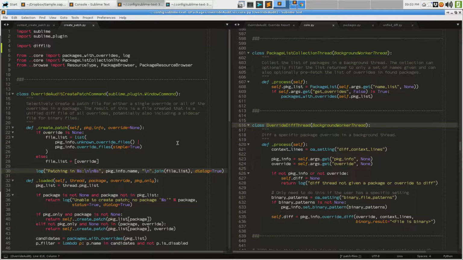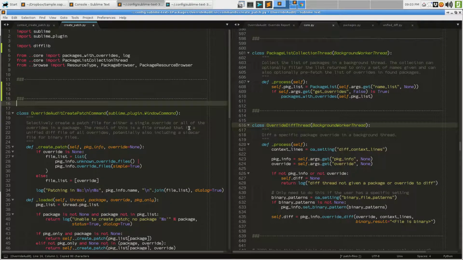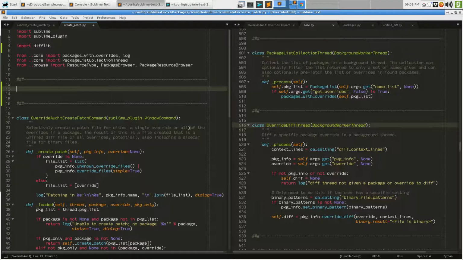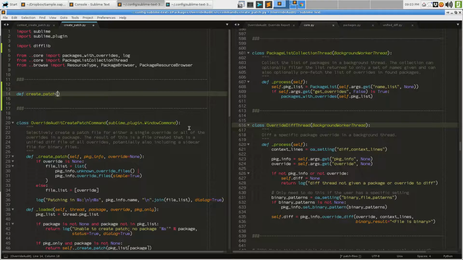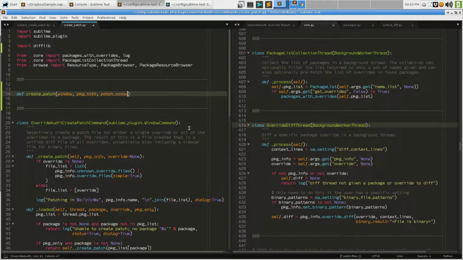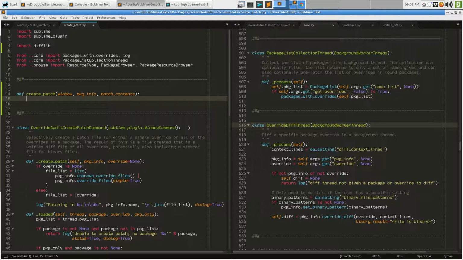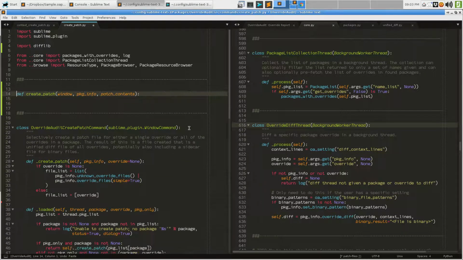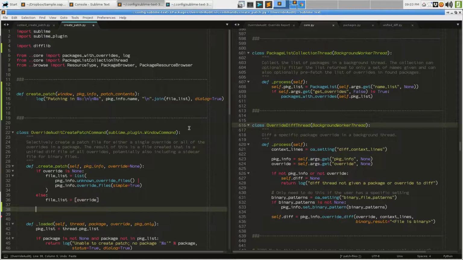Let's work first on just getting it to generate the appropriate patch. It's probably the nice way to go. So again, let's go ahead and throw something in here like this and say def create patch. And let's say we need to know the window that generated this so we can open the file. We need the package info because that's going to tell us things like the name of the package and such. And we need the patch contents as well. And this is the point where we could zoop that out to here and modify this to say create patch in